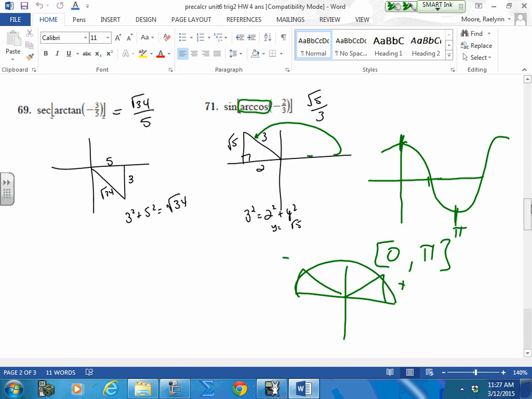No, because cosine is also negative in quadrant 3. So remember, we have to do a true inverse. So we can't use the entire cycle, because in quadrant 3, over here where it is negative as well, it fails a horizontal line test. The idea of an inverse